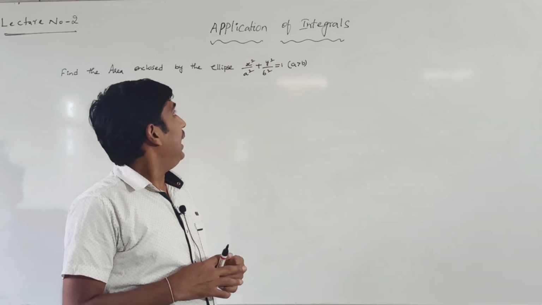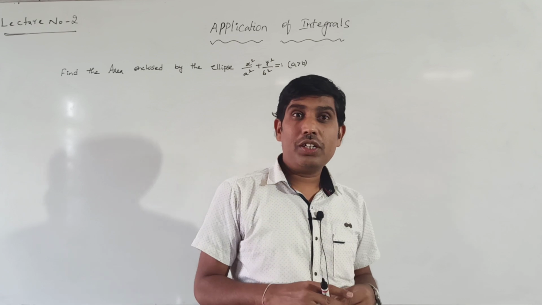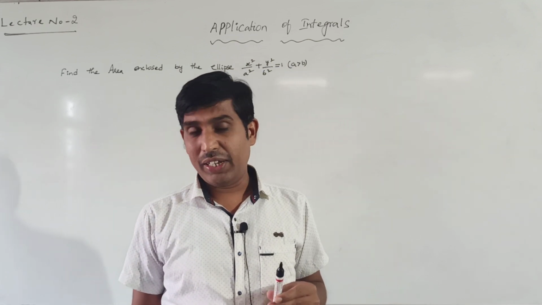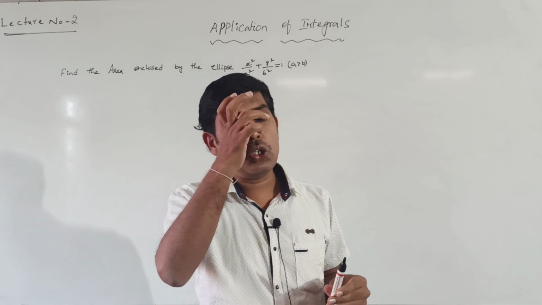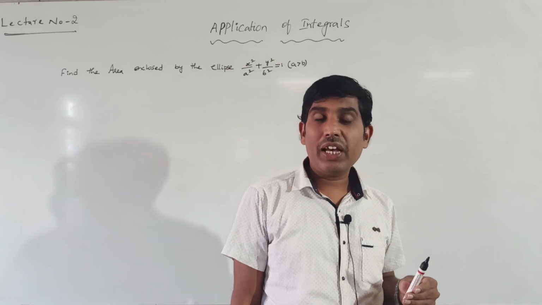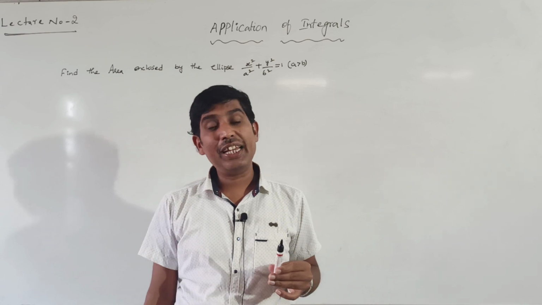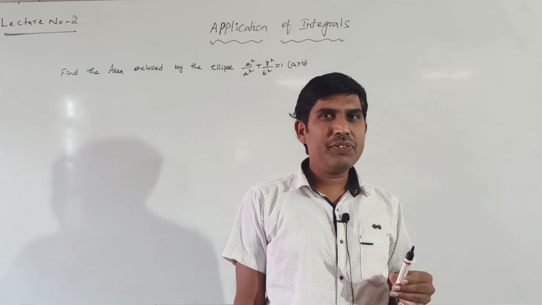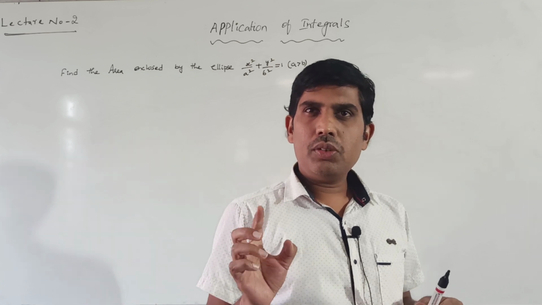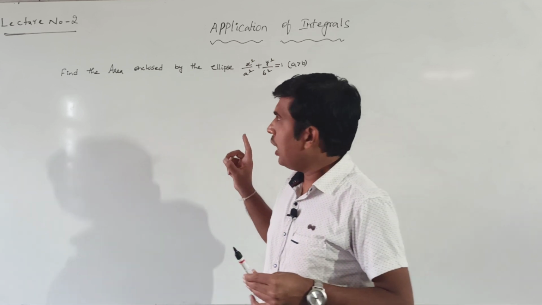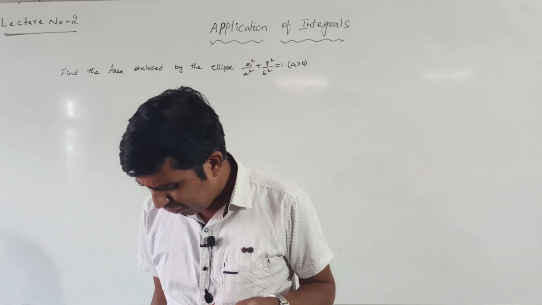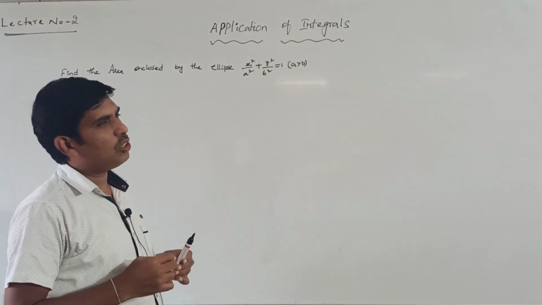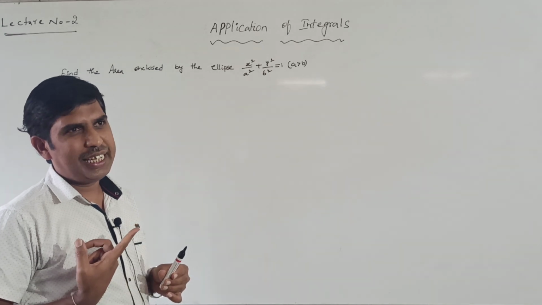So now area of ellipse we have to find out. Up to now we don't know the formula for finding the area of ellipse. Very important for objective also. With several areas we are going to use the formula of area of ellipse. So area of ellipse we have to find out. The ellipse equation is in the form of x square by a square plus y square by b square is equals to 1. Now I took a greater than b.